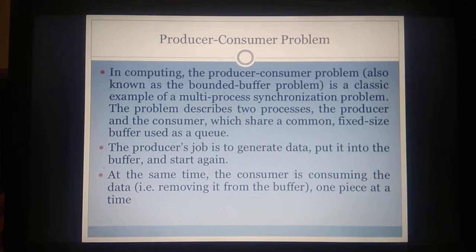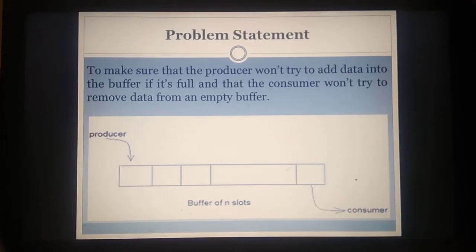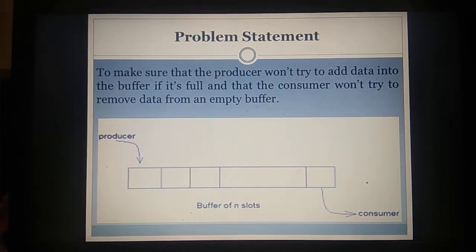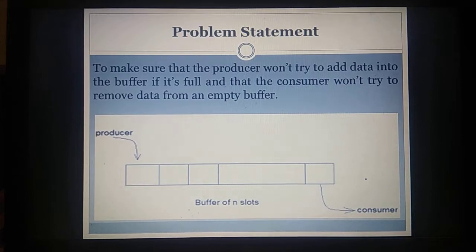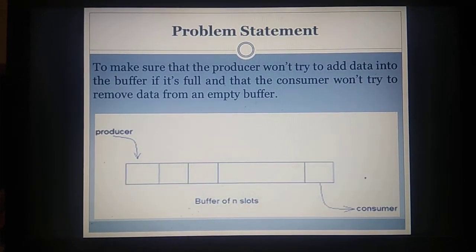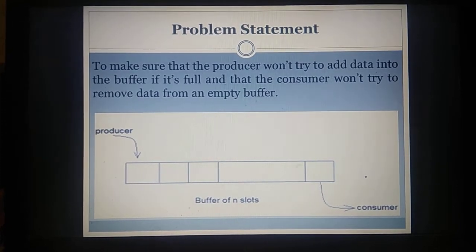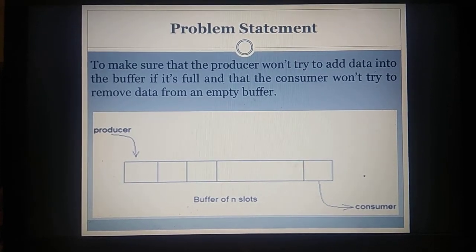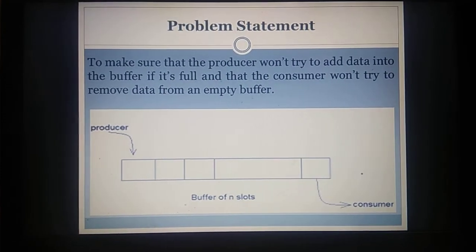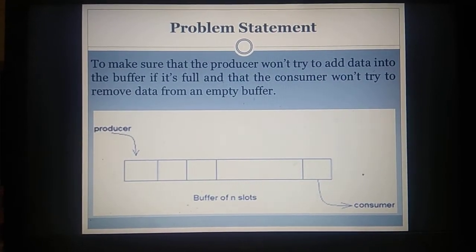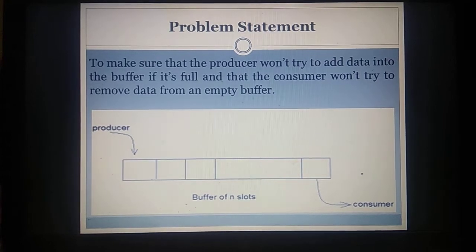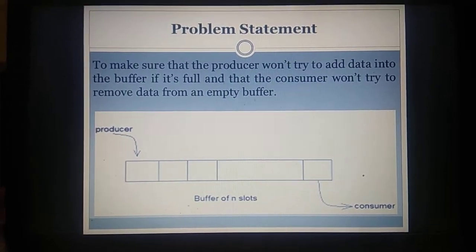Next, let's see the problem statement. As I told, the producer will try to add data into the buffer. The producer will not add data when the buffer is full. The producer thread has to wait if the buffer is full, and the consumer should not consume data when the buffer is empty.